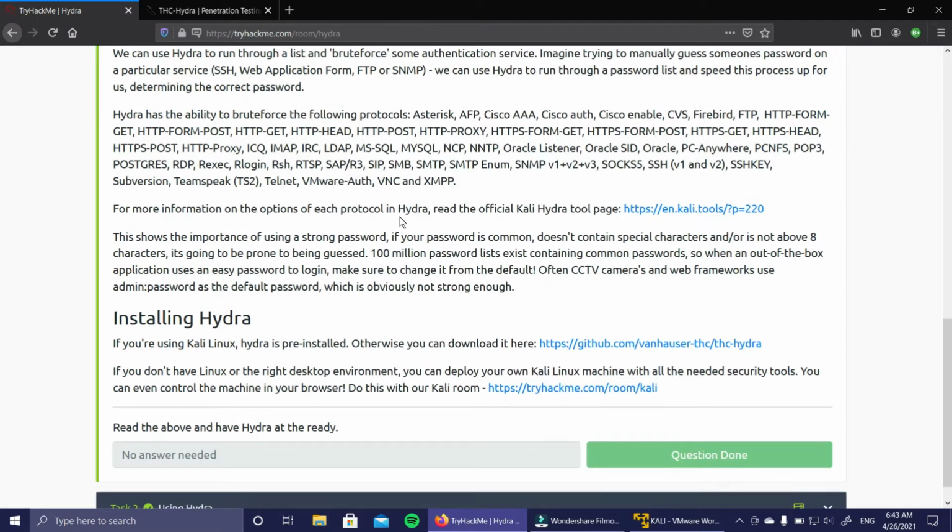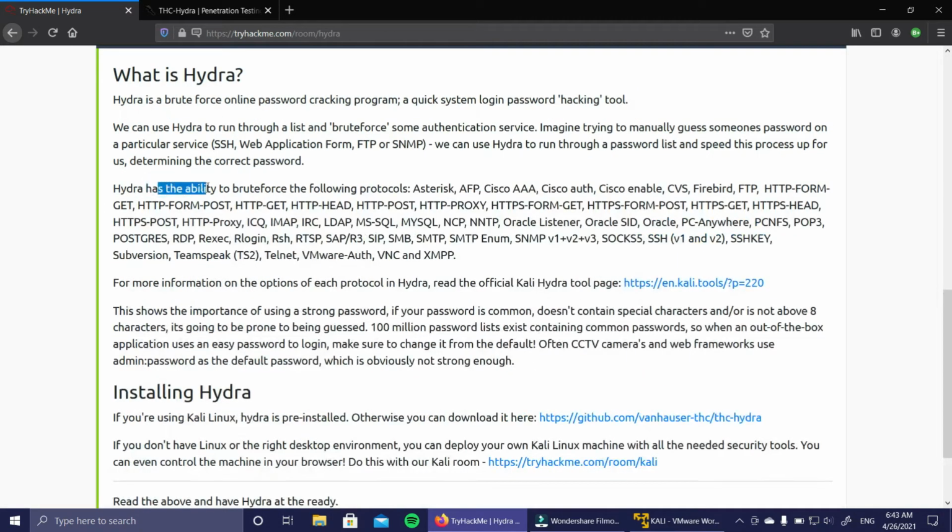You also see that Hydra has certain capabilities to bypass Asterisk, Cisco AAA, Cisco authentication, Cisco enable, FTP, HTTP form get request, post request, HTTP form post, HTTP head. So a lot of HTTP, IMAP, MS SQL, MySQL, NNTP, Oracle listener, many of the things, SSH version 1 and version 2 both.